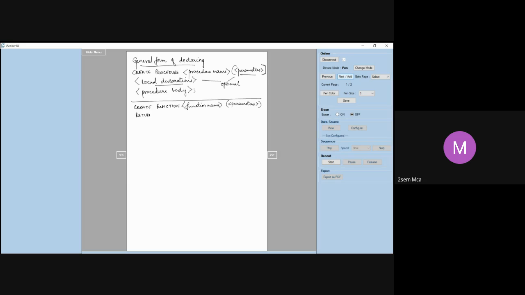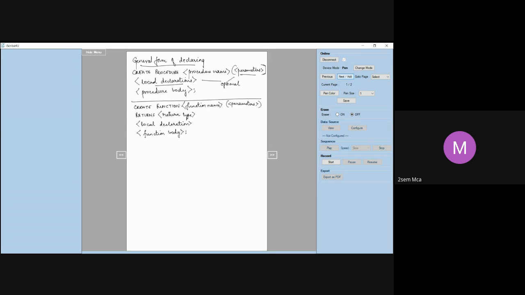A function will always have a return type, is it not? So we have to write here returns, return type. Returns is a keyword. You have to specify the return type. And then again you have local declaration. Function body. Because we are writing a function, we call it a function body. And then a semicolon.